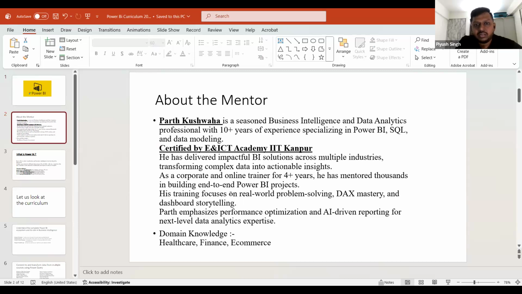12 years of experience, 10 plus, right? As mentioned here, mostly Power BI, SQL, Python, data modeling, ML development. These are my areas of domain, right? Currently, I'm working for a US-based client, a healthcare company, which deals with mental health and substance abuse. And apart from it,